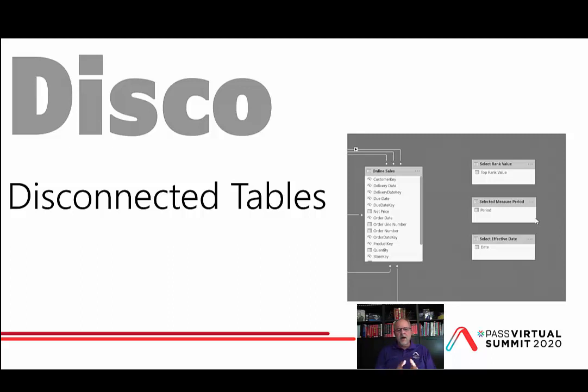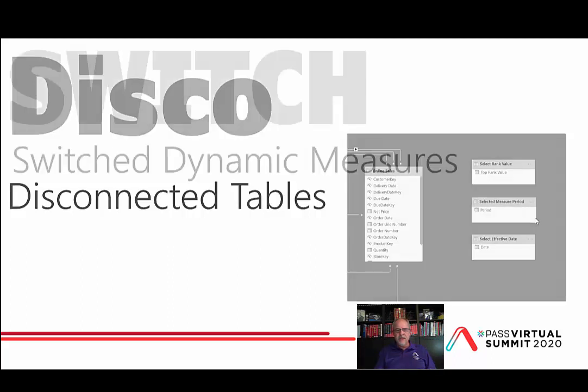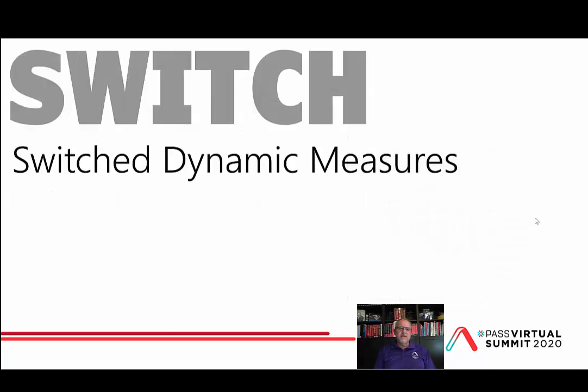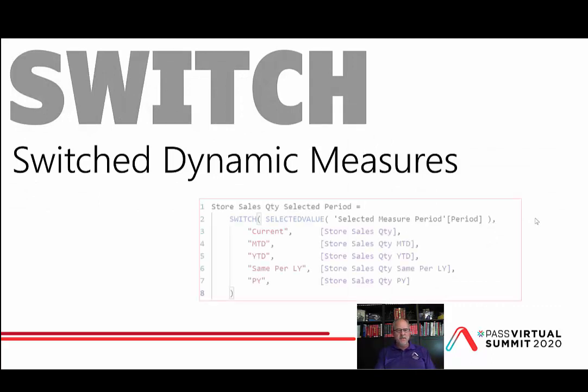But there may be opportunities to use a table just to drive a slicer or a filter so that we can essentially use that as a parameter and say, oh, the user selected this thing, or we're grouping by this value, and we're going to make some smart decisions based on that selection or grouping using DAX, using a calculation. And that would incorporate the switch statement or the DAX if function to be able to do that.